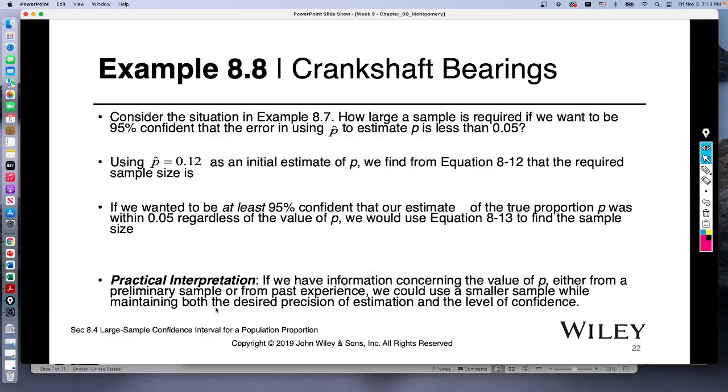So we go to this example. We want to figure out how big of a sample we need. So we want to be 95% confident, and again, that's what we usually want. Why not more? I don't know. Using p hat to estimate p, the error is less than 0.05. So using p hat, which comes from a sample, maybe the last one we did, as an initial estimate of p, we find that equation 12 and the required sample size is